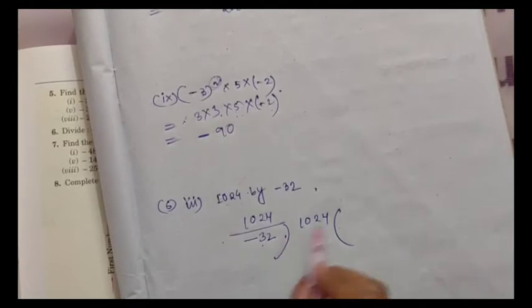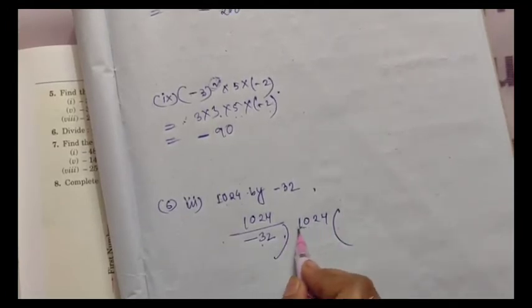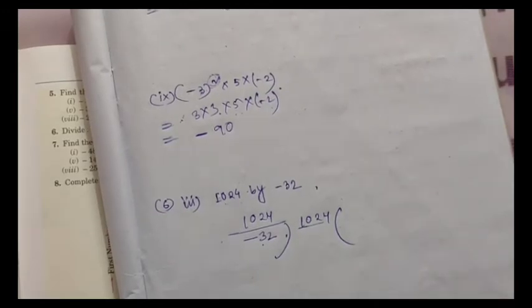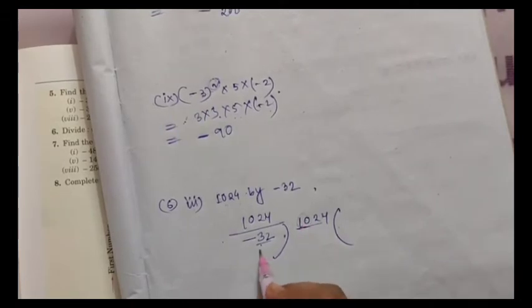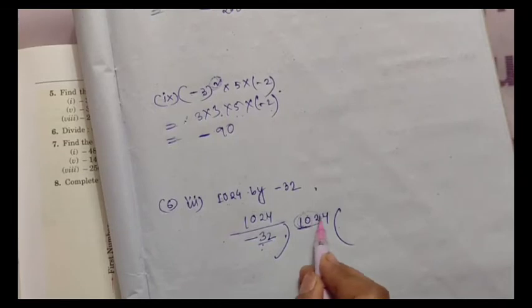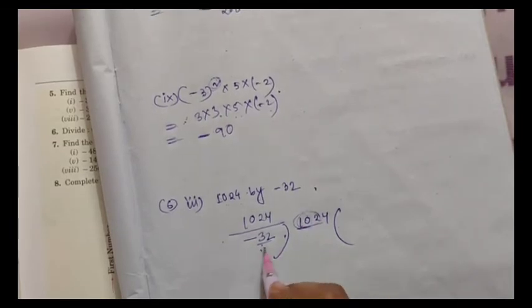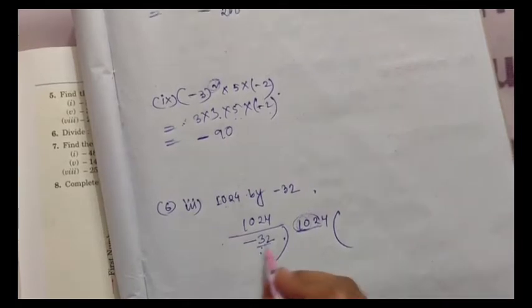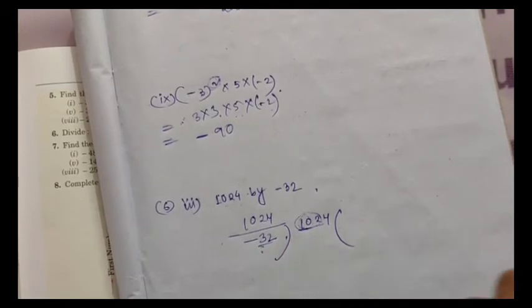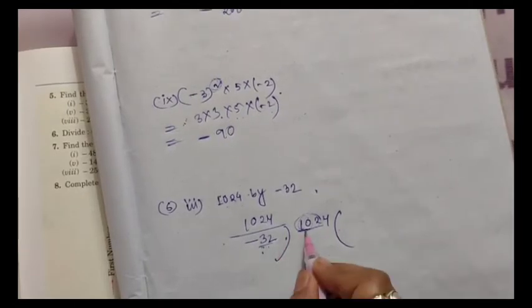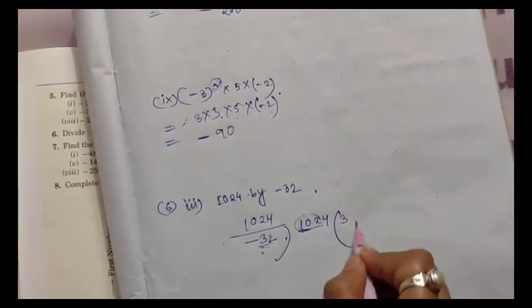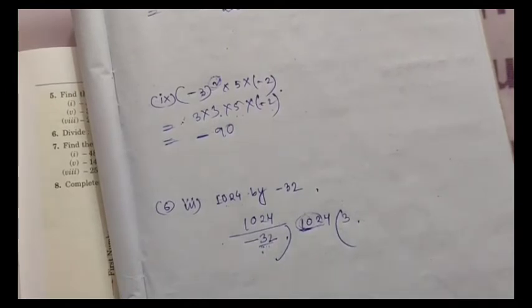32, how many times does it go into this number, 1024? We cannot divide 10 by 32, because 10 is less than 32, but if we take 3 digits, 102, then let us see how many times 32 goes into it. 32 2s are 64, 32 3s are 96, 32 4s are 128, but this is greater than 102, so it will go 3 times. You have learned in your previous class how to do the division of numbers.